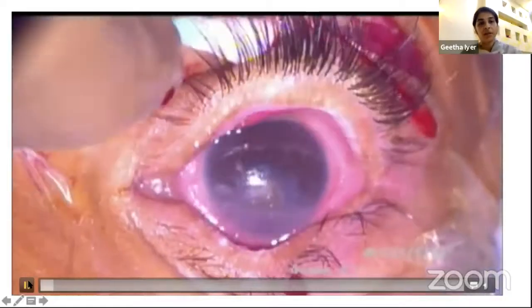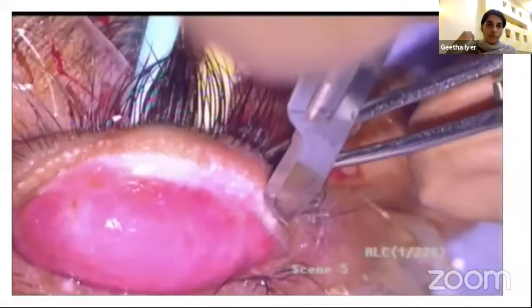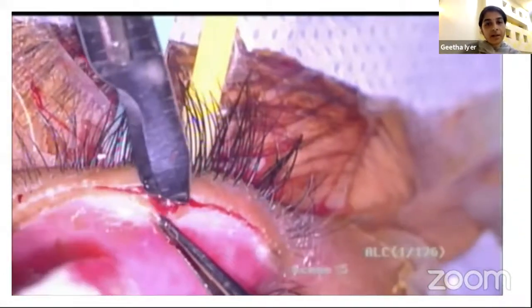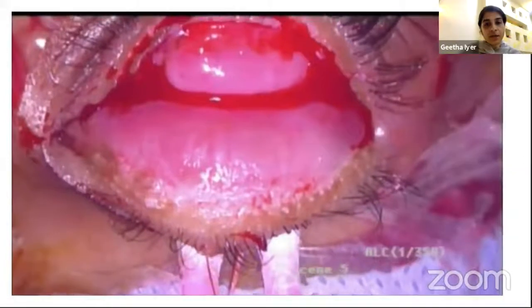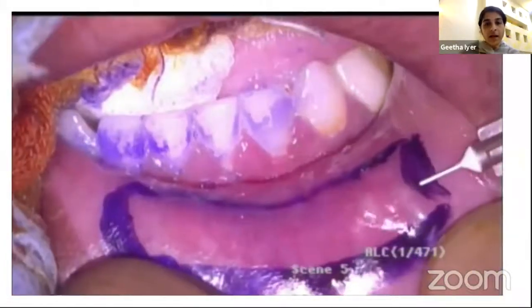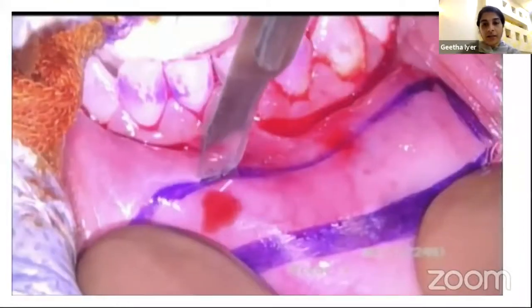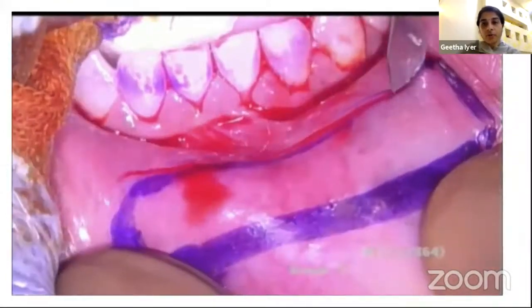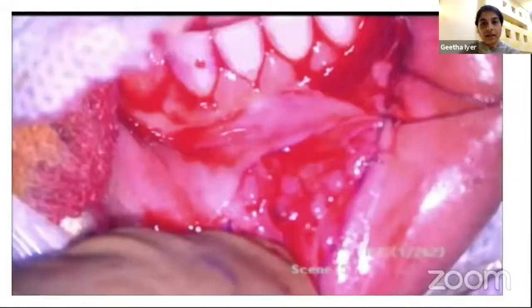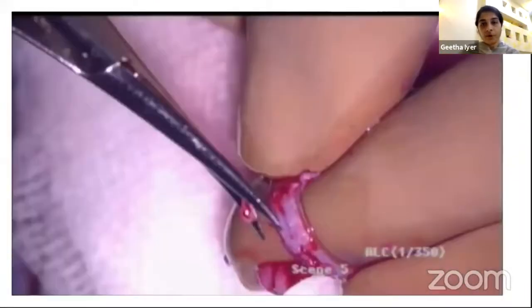The surgery begins by everting the lids over buds so that you stretch the eyelids, and the keratinized lid margin is separated and excised off the underlying tarsal plate. The lip mucosa is marked in order to harvest mucosa sufficient for all the 4 lids, and the mucosa is dissected. The edges of the mucosa can be sutured.